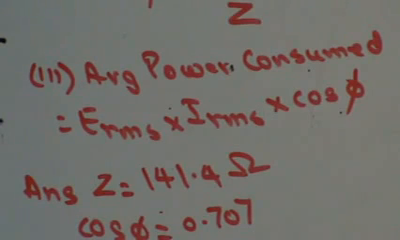Next, an AC voltage is given by E is equal to 310 sine 314t. It is applied to a series combination